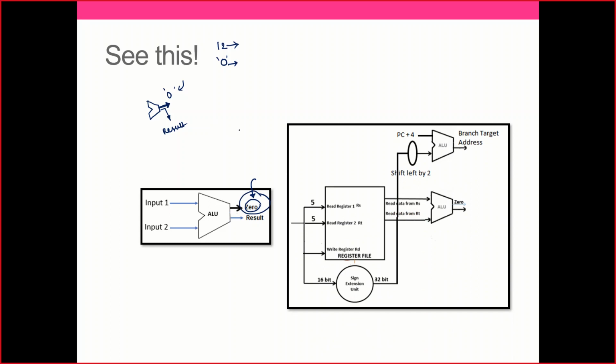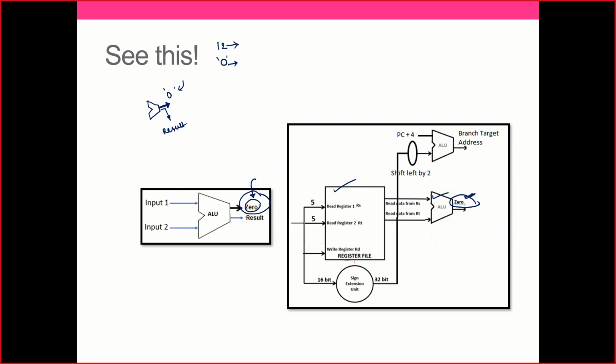Now, what is the inclusion, sir, in terms of the data path? This is the same. There is no change. This is the same. There is no change. The 0 is the only thing that you need to be careful about. And remember this every time you need to have it. This is very, very important, and don't forget it.